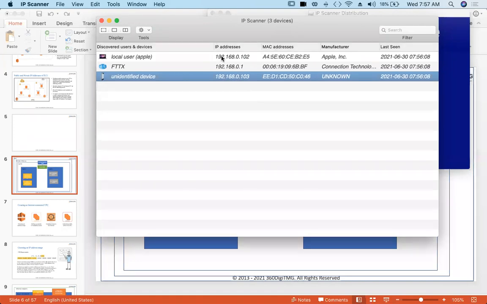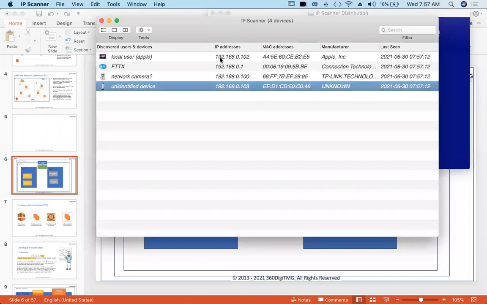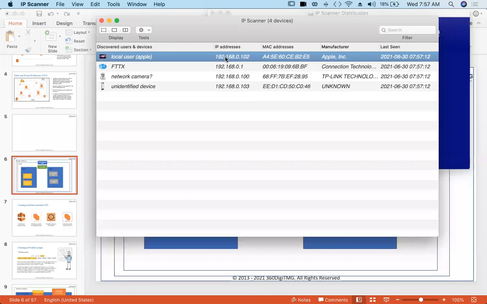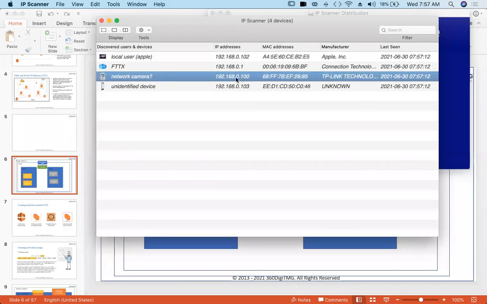These three digit groups we call octets. Only the fourth octet will be changing. Say when some other new device came in, a network camera, this is its IP address. The first three octets are the same, only the fourth octet is changing.